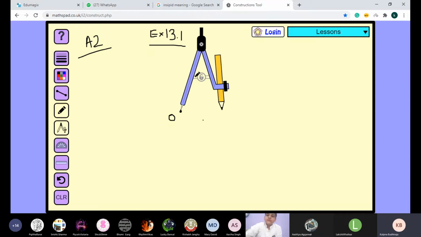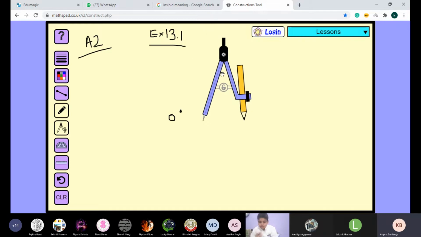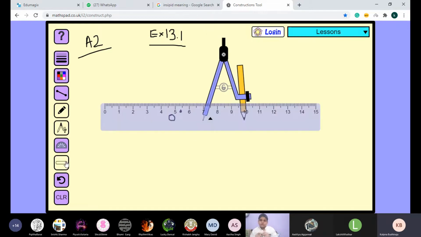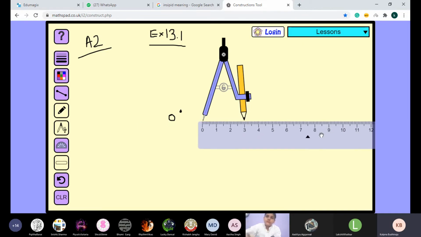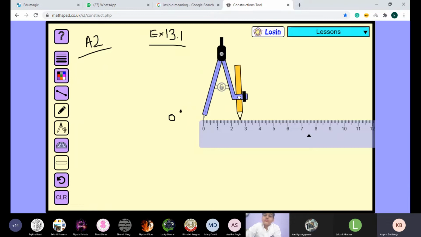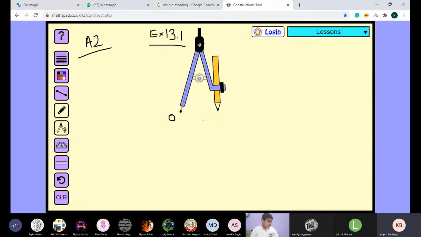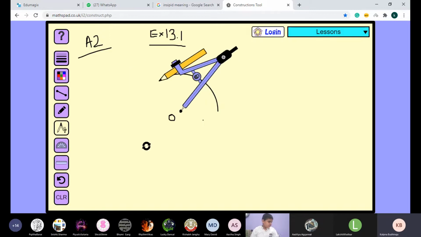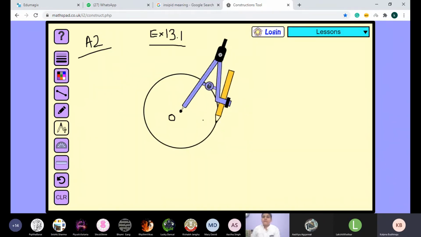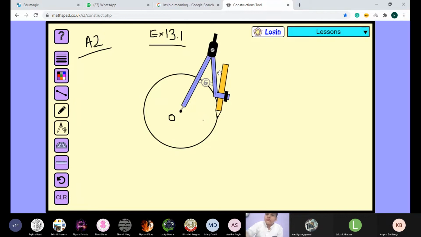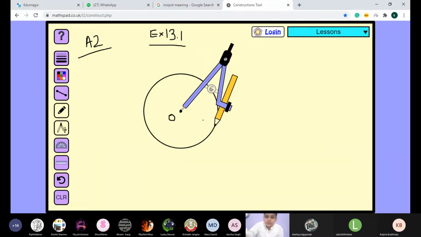Before you keep it, you should all know how to take this 2.6 centimeter. Let me show you here. You will keep the needle at O, and for 2.6, I am going to take it this way. Is this point clear? How to open the compass? So I have taken 2.6 centimeter. Now I am going to draw the circle of this. So I am making a circle with 2.6 centimeter. Have you done this step?